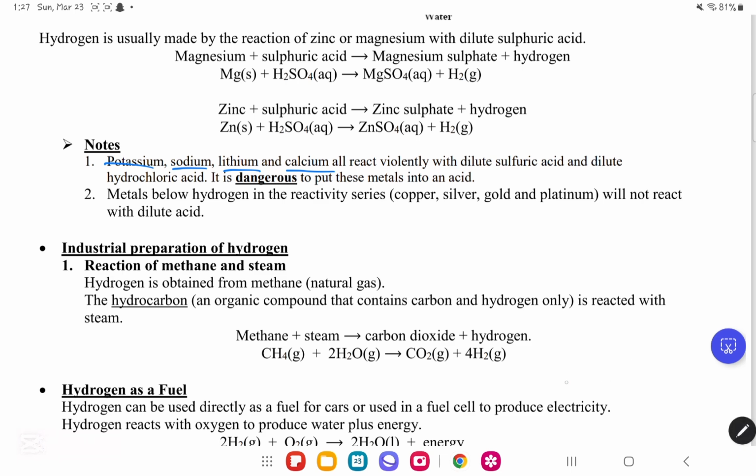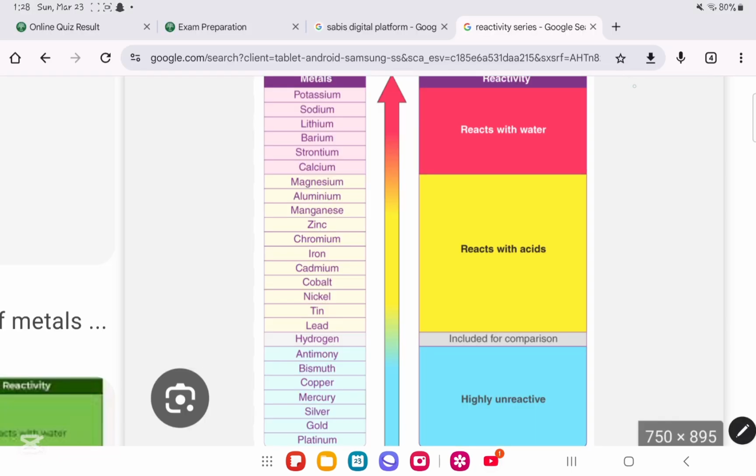So, let me show just what the reactivity series is. So over here, this is a very important reactivity series. If you guys could screenshot it, it's very important to keep in mind. And also they have for us the separations with what they will react. So as we said before,